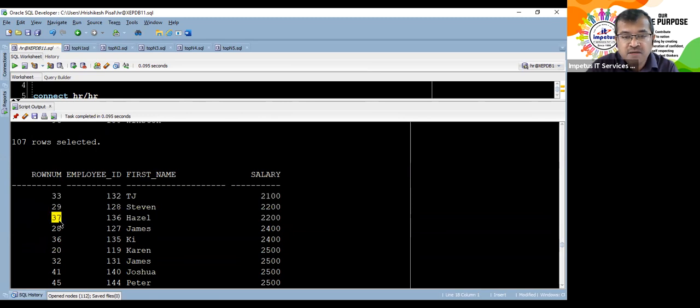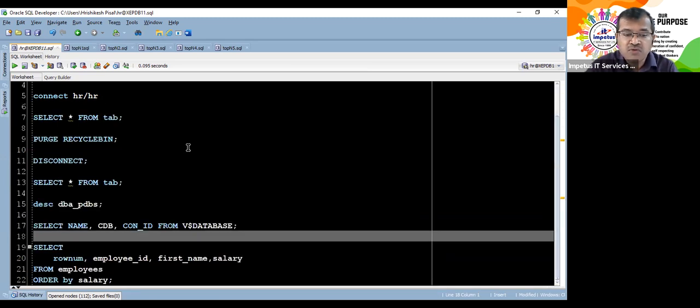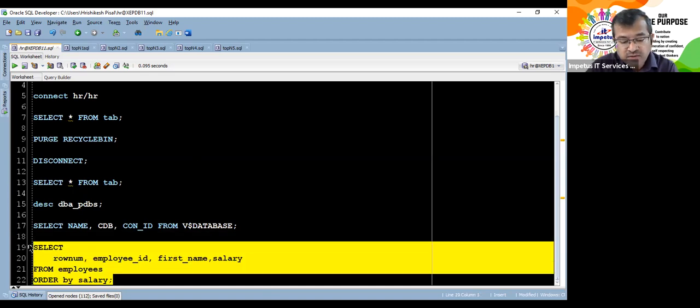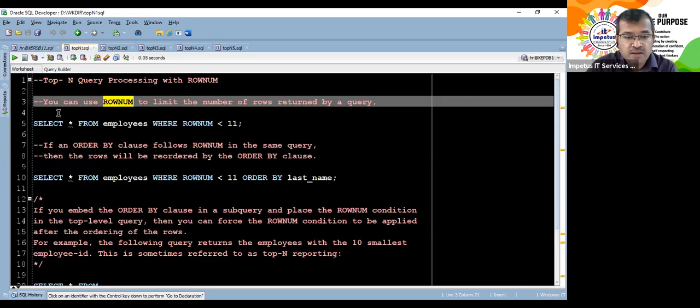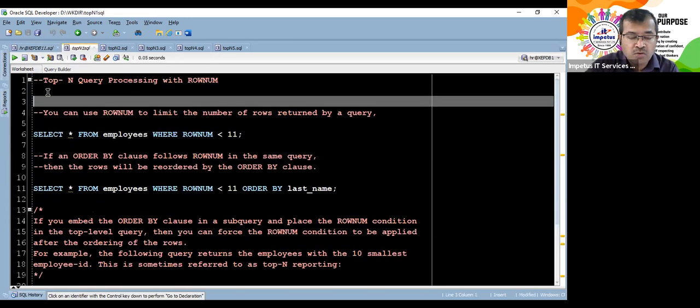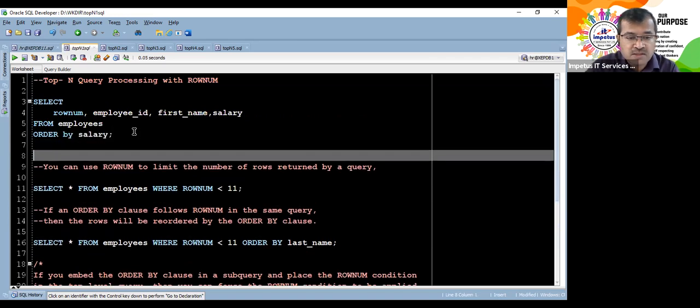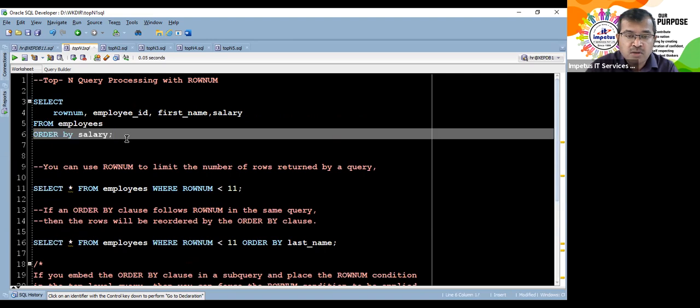Because row numbers are weird. They are not giving us the result. Can we then use this row number to fulfill our requirement? Oh yes. If you use it innovatively, this can still fulfill your requirement to some extent. Here, we were talking about row numbers, and we saw that even if I have ordered the employees according to the salary, this row number was actually giving us the position of that particular record in the table.